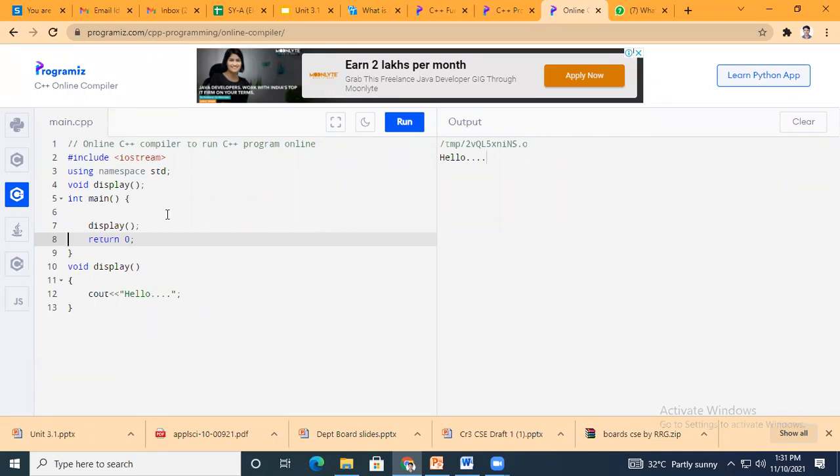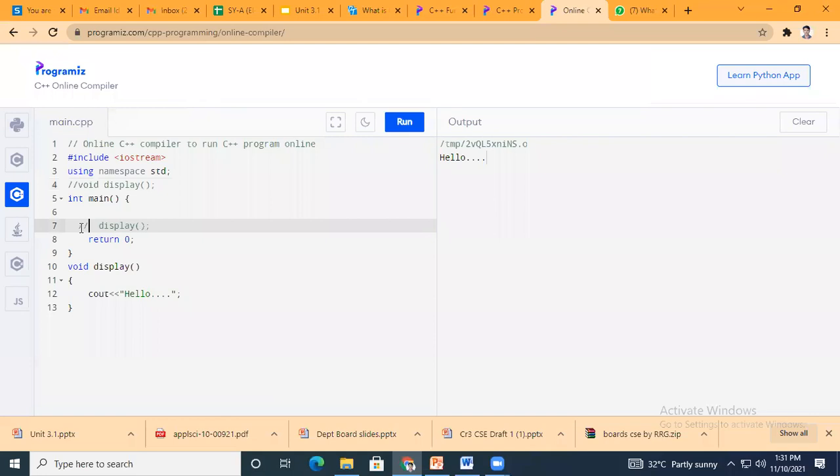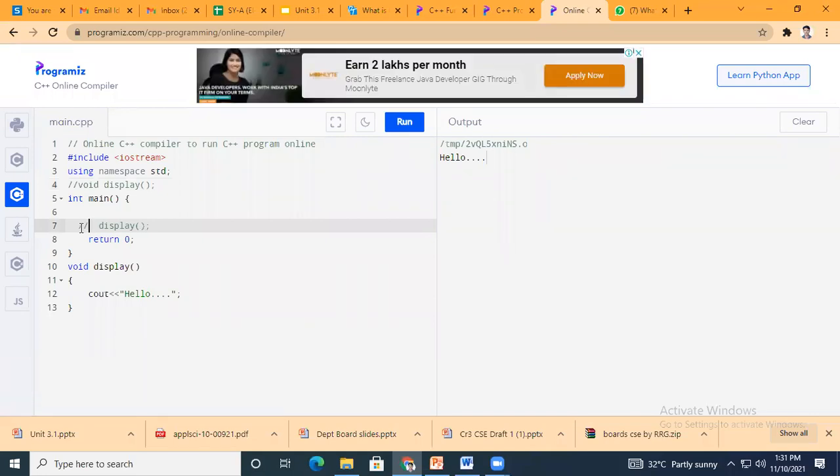Okay, just one of you has sent me the screenshot where you got an error. See what mistake you made. Here you have not declared the name of the function. That is the first case. Neither have you made a call to that function. What you did, you just wrote a function.